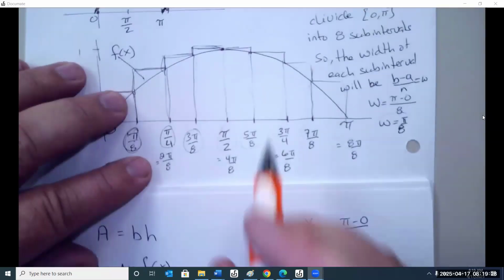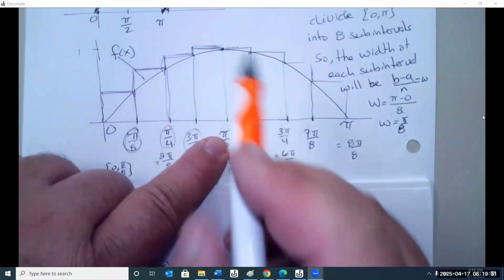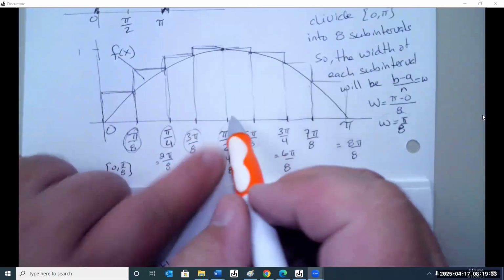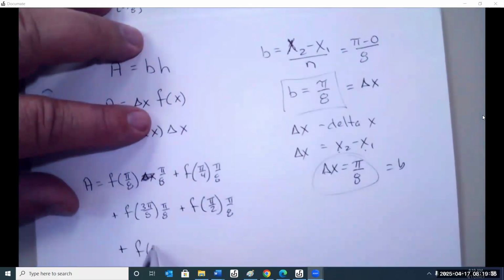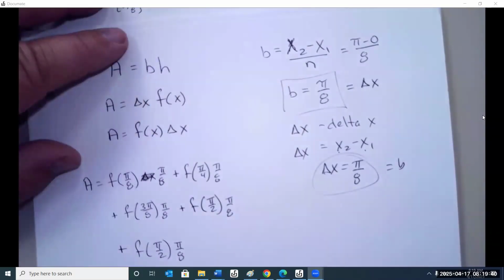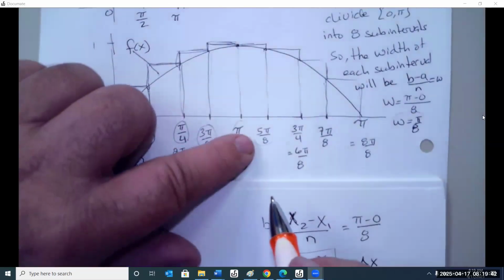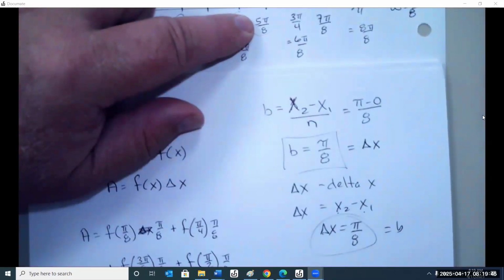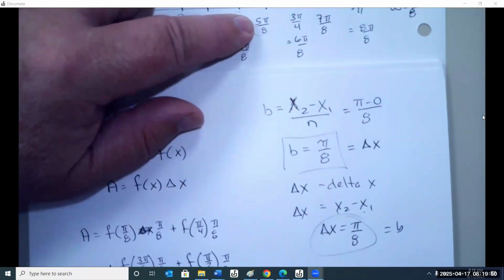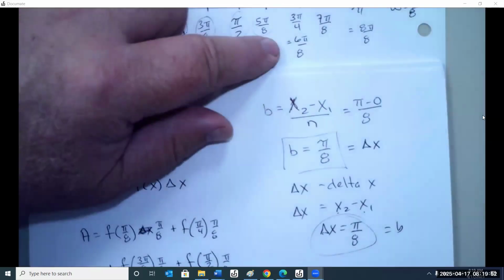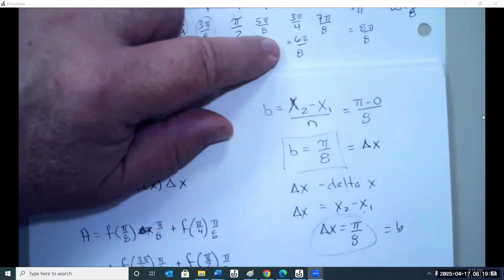And what's the next one going to be? Now, for the right-hand side of the circle, this is the point we're using, so we have to use pi over 2 again. Then we add f of 5 pi over 8 times pi over 8, plus f of 3 pi over 4 times pi over 8,